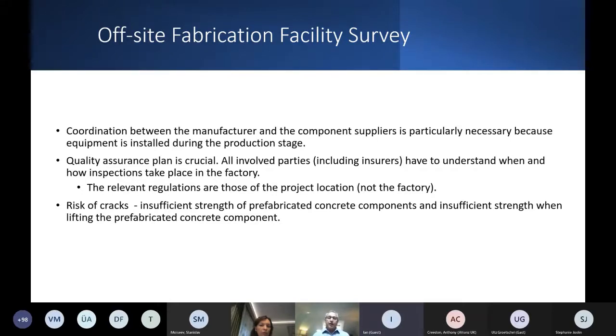fabrication process. The risk of cracks is very, very real and very, very serious, because when you have one single site and you are constructing a building, very simply you're constructing it there, it's sitting there, and it's working and looking, and you can just turn it over and it's done. In this case, you have to build it somewhere else, move it, and then put it together. So there is quite a bit of a risk for these cracks to